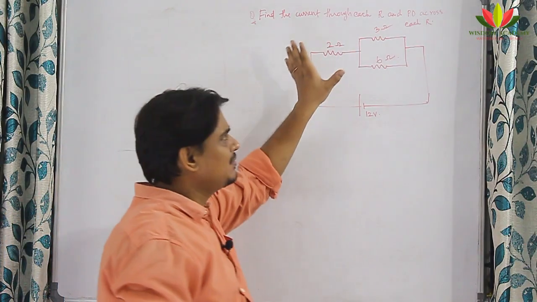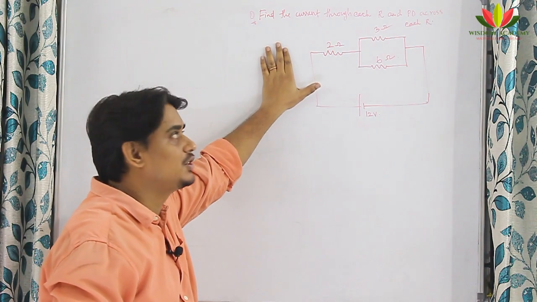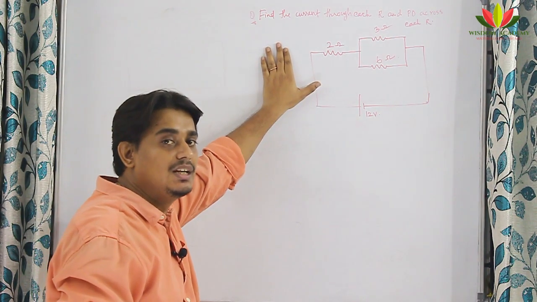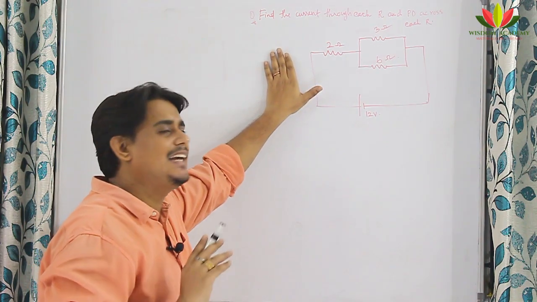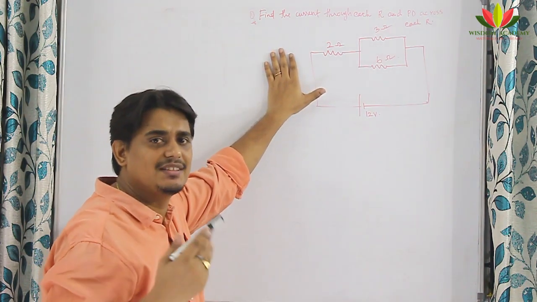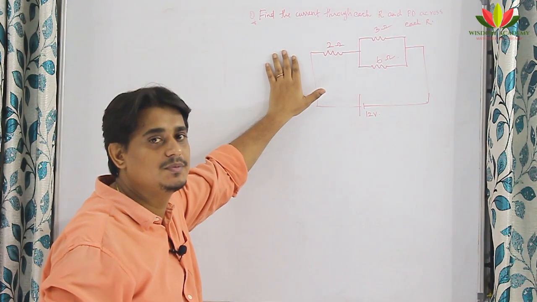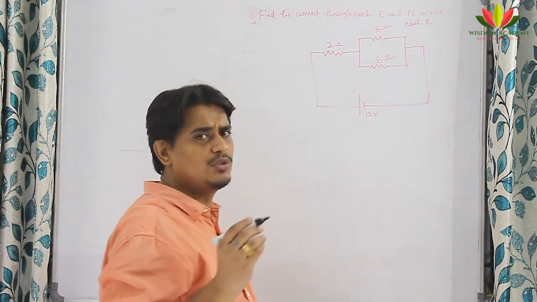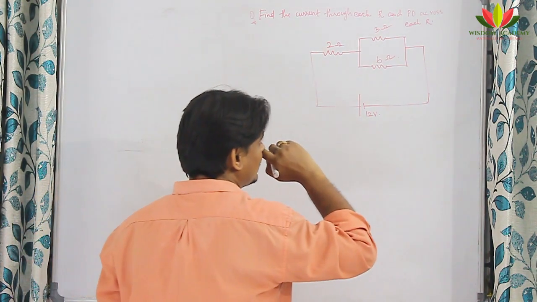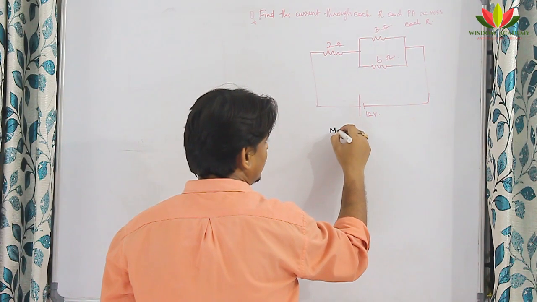Here also they have asked the same thing, to find the current through each resistance and the potential drop across each resistance. So my suggestion is, pause the video now, solve by yourself and check the answer. Then we can match whether your answer and my answer are matching or not. Please pause the video. I hope you have paused it. Okay. So if you have solved it, check your answer. I will solve by both the methods. One method will be the conventional method that we used to see. So by using the conventional method, I will write here method 1.